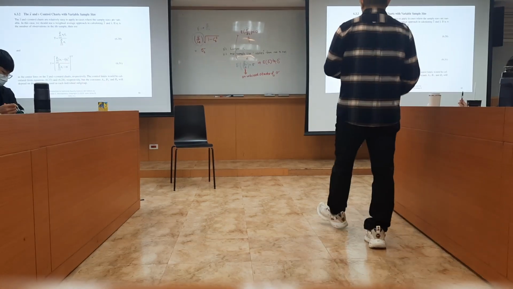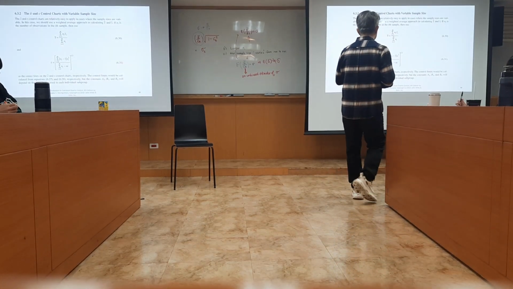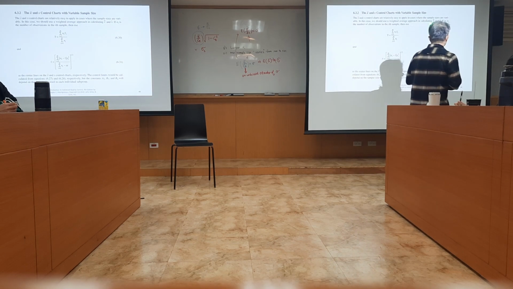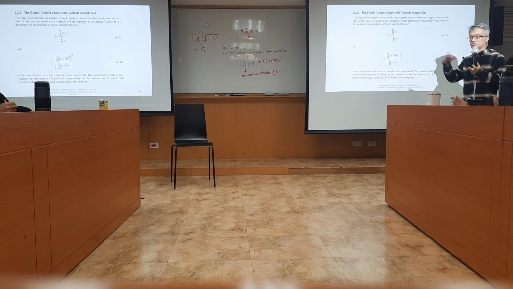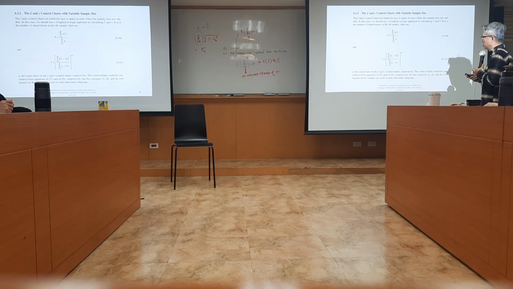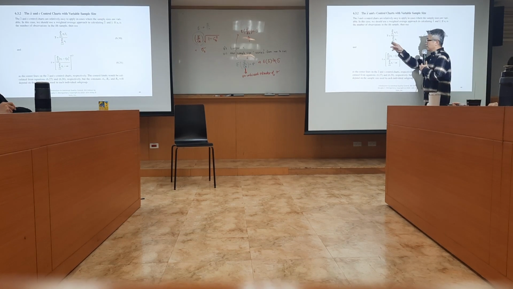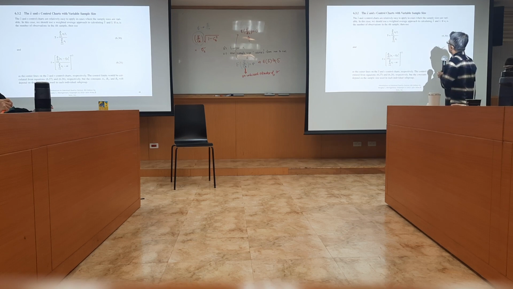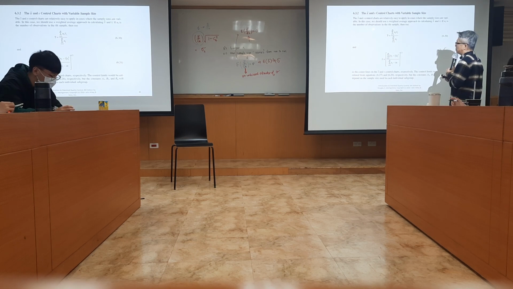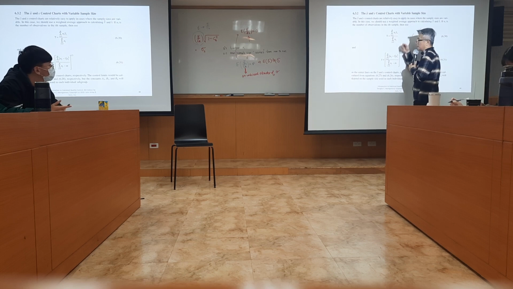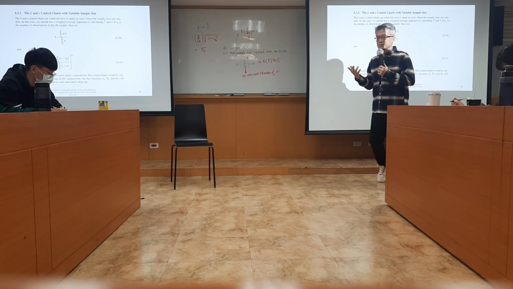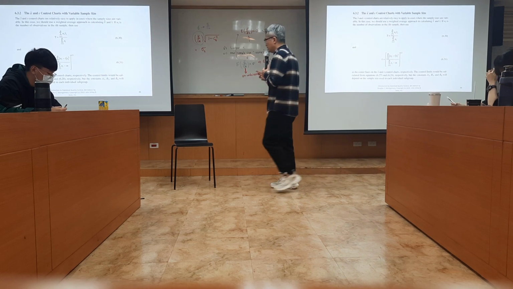X bar and S charts are relatively easy to apply in cases where sample sizes are variable. That means the sample size changes from run to run. So that is to say we can calculate, if n is the number of observations, we use ni divided by the sum of ni, times xi. So this is like that. For example, the idea is like